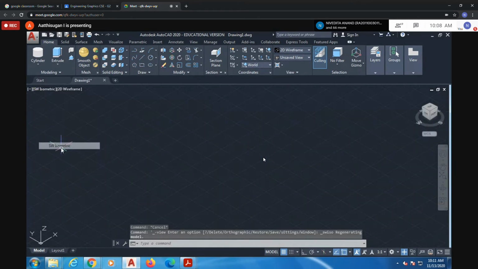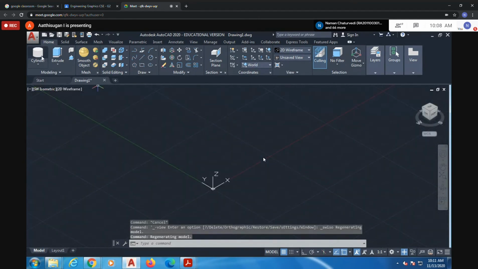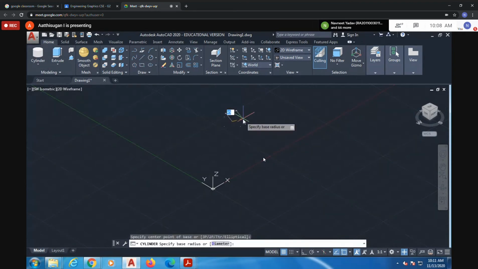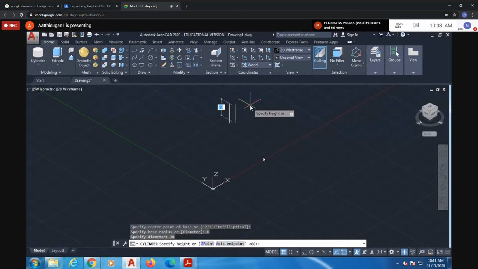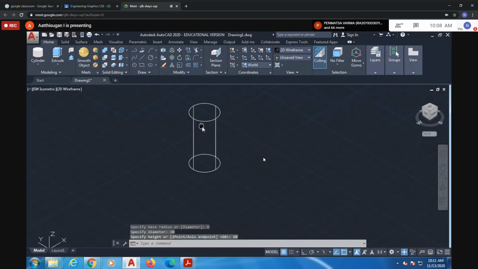To understand easily, cylinder. It asks for the center point. Similarly, you can give the radius or diameter. I'm going to give a diameter of 30 mm, then a height of 60 mm. So this is one cylinder.